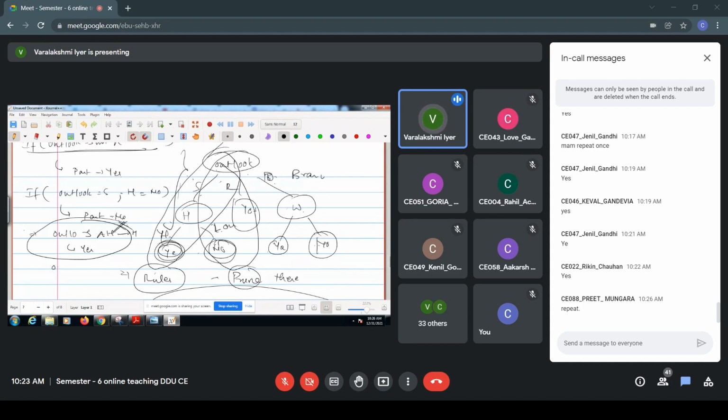Pruning this particular rule means we'll create two rules. We'll create outlook equal to sunny and directly classify into yes, and humidity is equal to high and directly classify into yes. Now, we have an accuracy for the original rule on the validation set. After pruning, that is removing this particular condition, we'll check whether this is increasing the accuracy on the validation set, or whether this one is increasing the accuracy on the validation set. If any one of the rules is increasing the accuracy on the validation set, then we'll continue to prune. Otherwise, we'll stop the pruning.